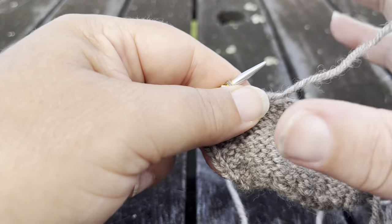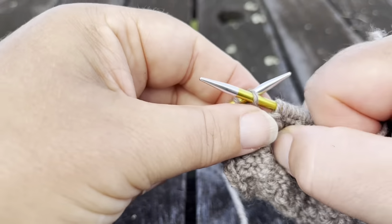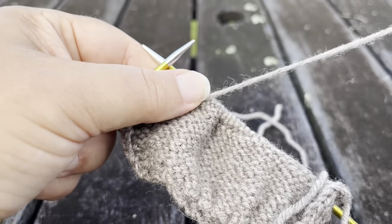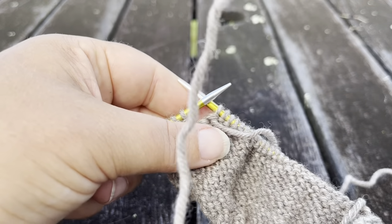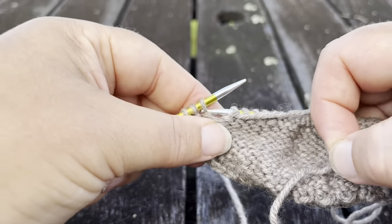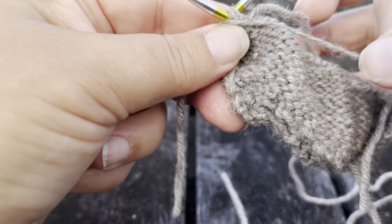Not that really needed to get to the last 5. What we want is the last 3, but I was reading the wrong line. So we've got 3 stitches left, and now we're going to ignore our working yarn and pick up this tail of yarn, well, this scrap of yarn we've just picked up, and we are going to purl these 3 together using our scrap of yarn,